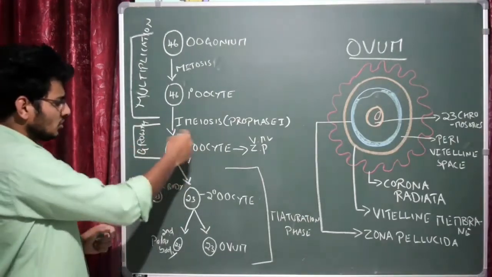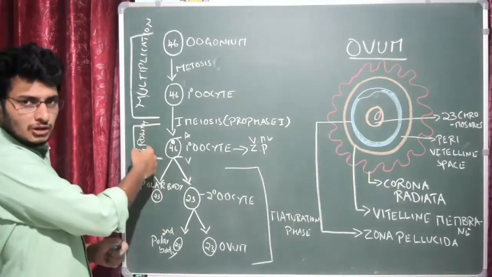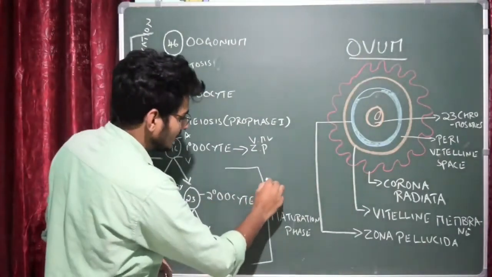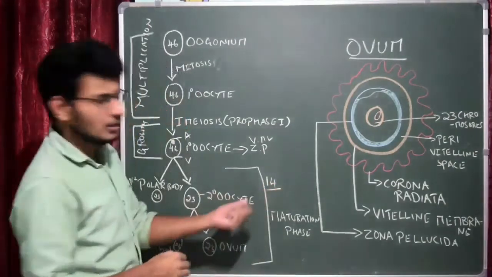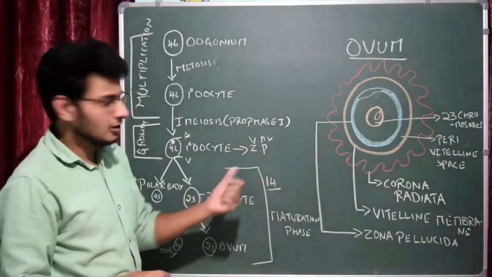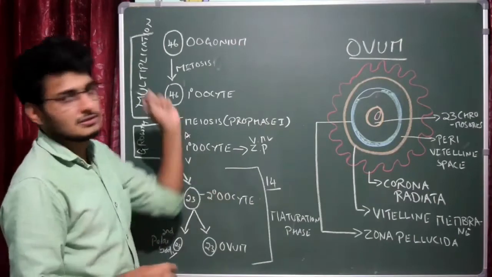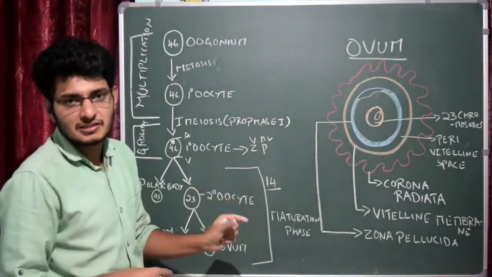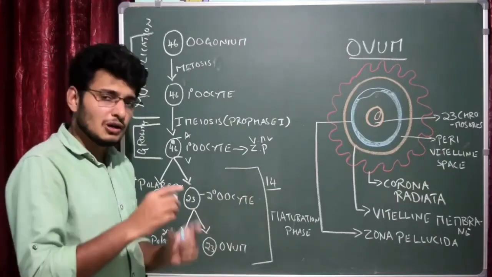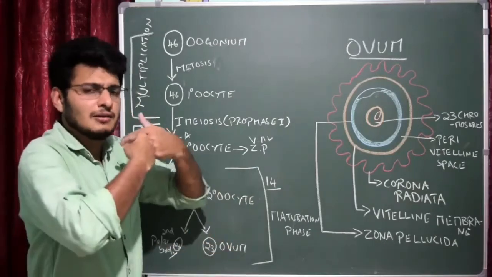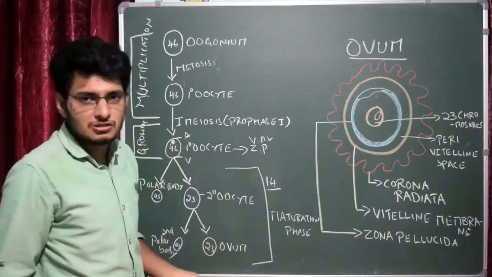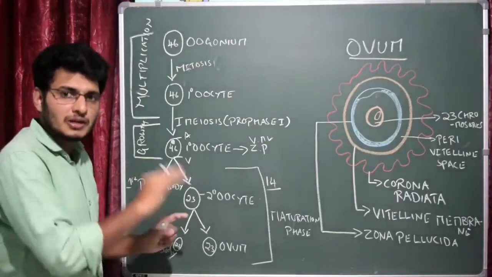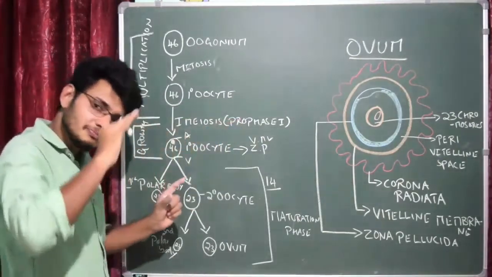So this is the growth phase. It is one of the longest phases. From here onwards, the maturation phase normally takes around 14 days. That is during the ovulation period, when the female attains her first menstrual cycle. In the first 14 days, ovulation takes place. In the next 14 days, preparation for pregnancy takes place. If the ovum is not fertilized, then everything will be discharged through the vaginal opening. That is the thing to understand. Anyhow, we will talk about it in the menstrual cycle, and you will understand it clearly.